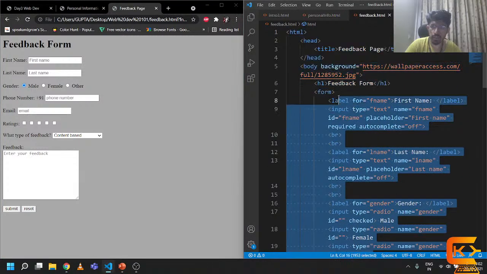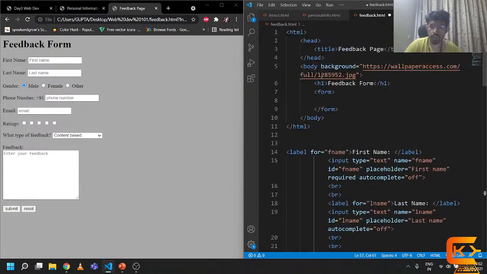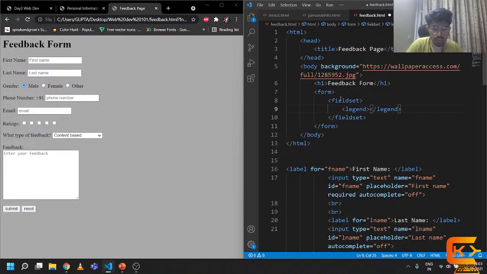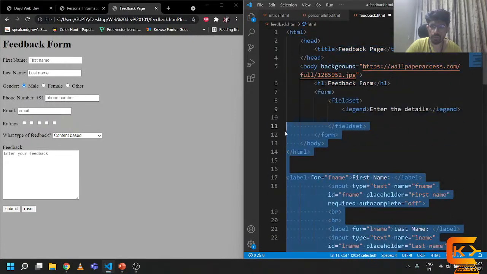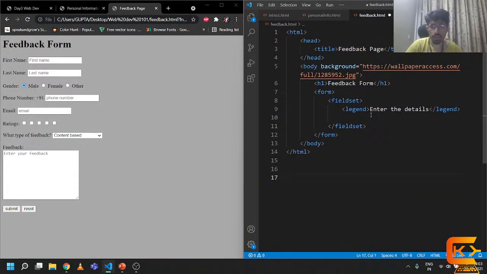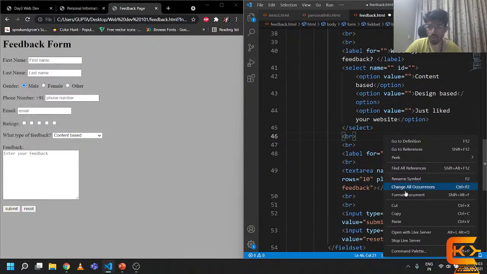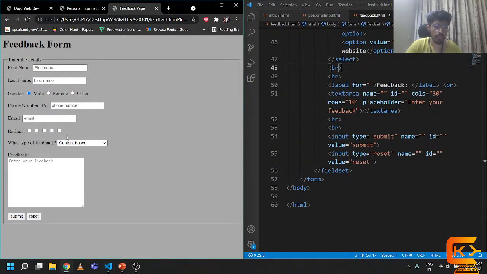So for that, let me paste it here. There is a concept of fieldset here, and then a legend. Let me show you what a legend really does. Enter the details, and then after that we have to copy this whole part inside it again and paste. Let us format the document, and if I save it, now you will see